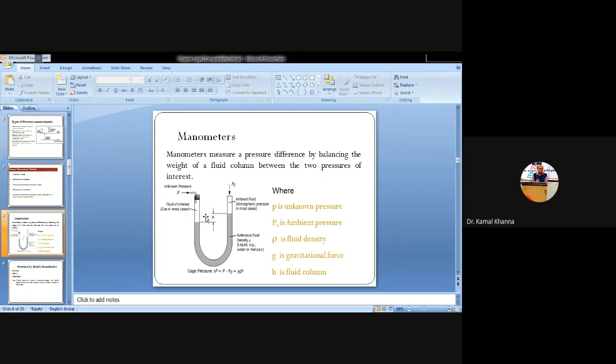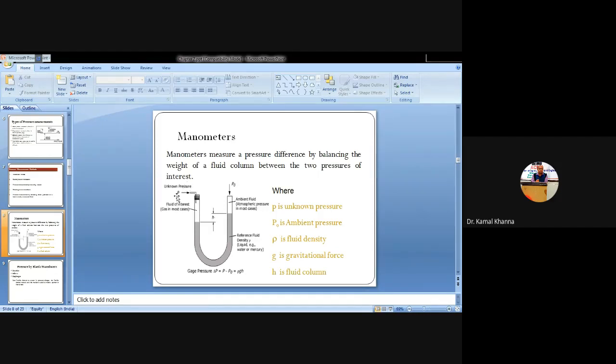So as soon as it reaches the equilibrium stage, or the balancing stage, we can easily measure the accurate difference between the rise of the fluid in the right limb and the fall of the liquid in the left limb. You can see this is considered H, that is the fluid column. That is the difference between the rise in the liquid in the right limb of the U-shaped manometer and the fall in the left limb, that is H. So this H gives us the fluid column, or the pressure difference present in the pipe where the pressure is to be measured.